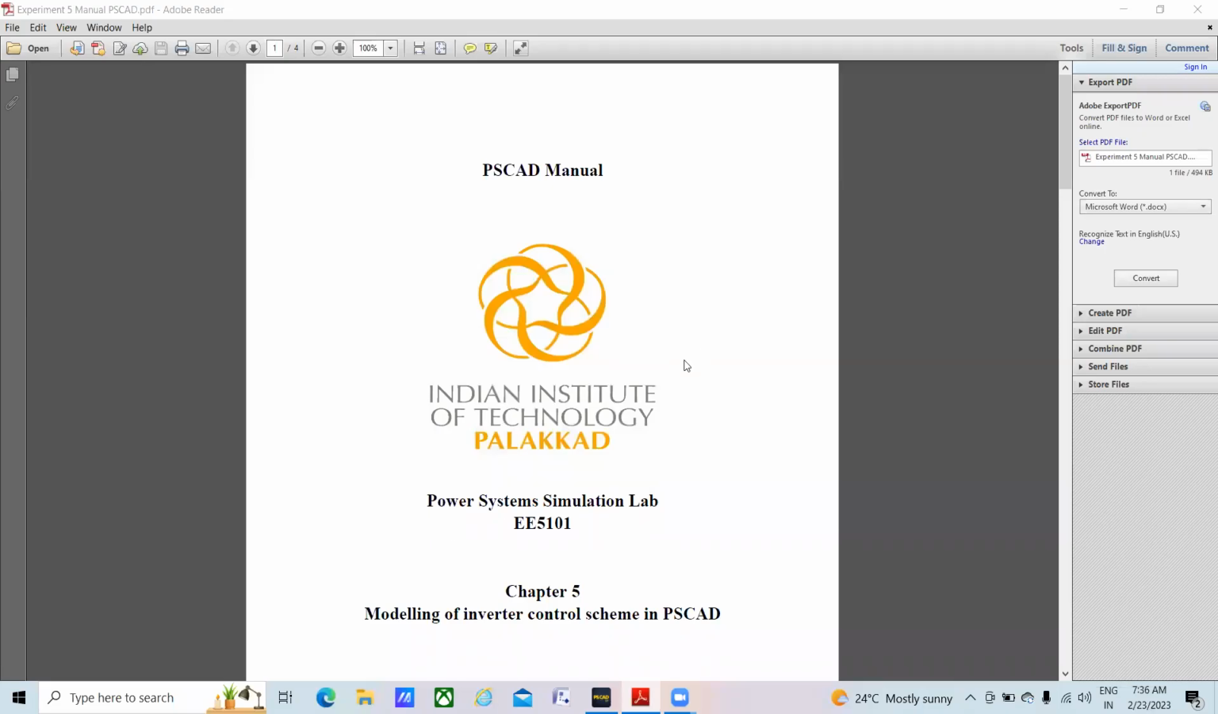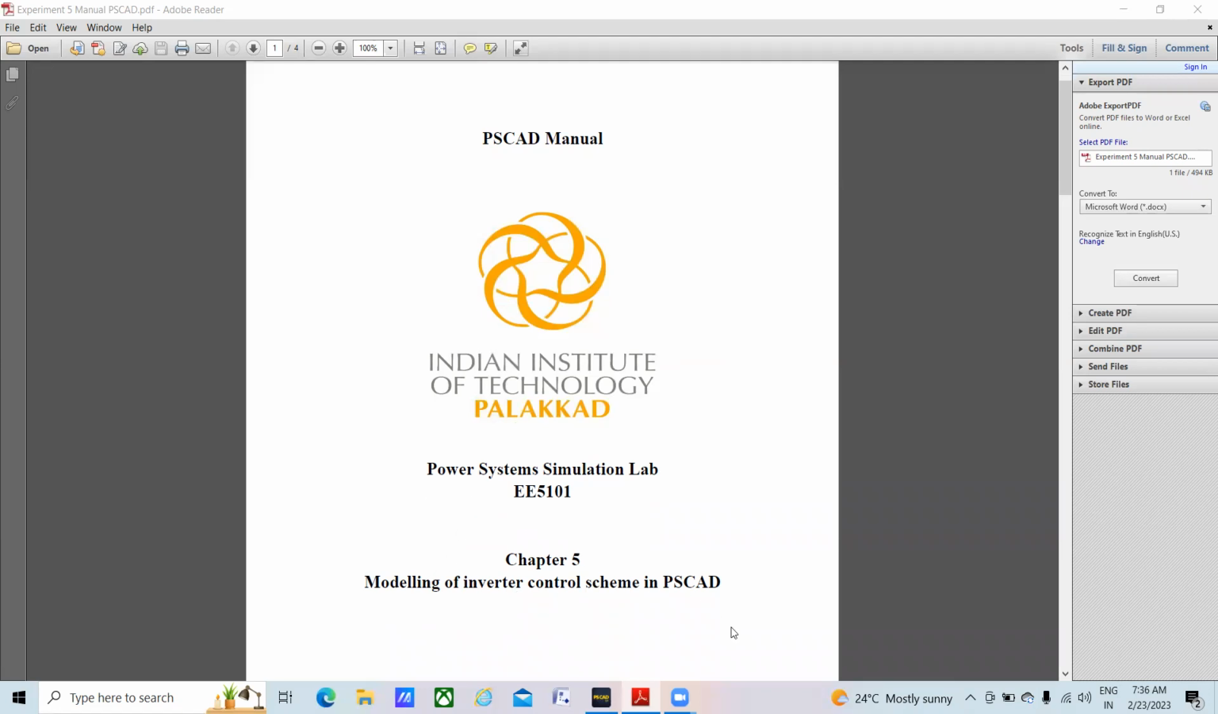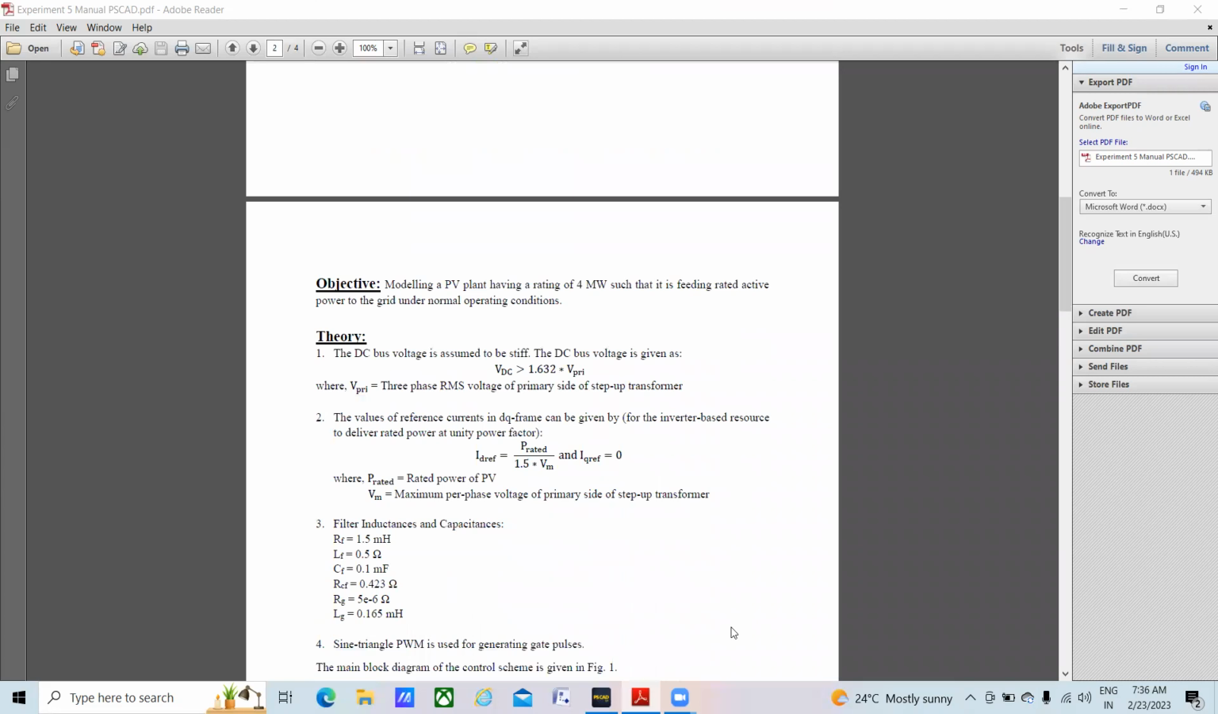Hello everyone, welcome to our fifth experiment of PSCAD. In this fifth experiment, we will be doing modeling of inverter control scheme in PSCAD. So in this experiment, what we will be doing,